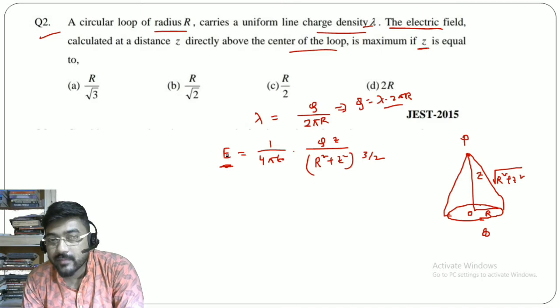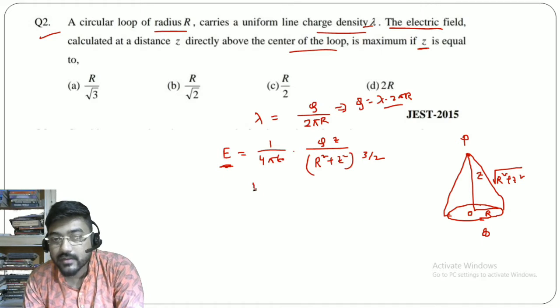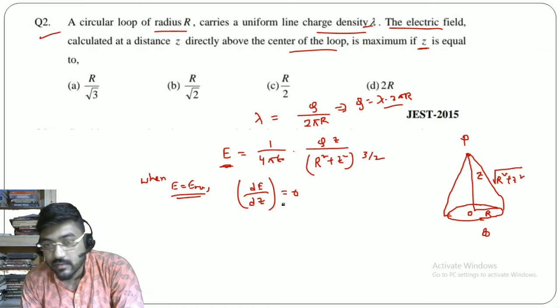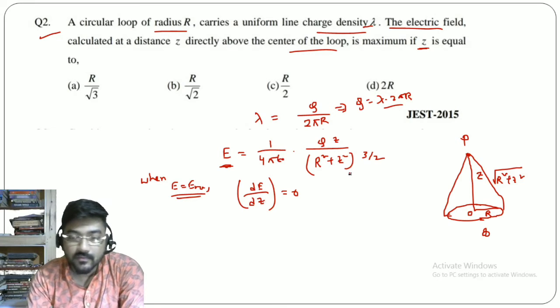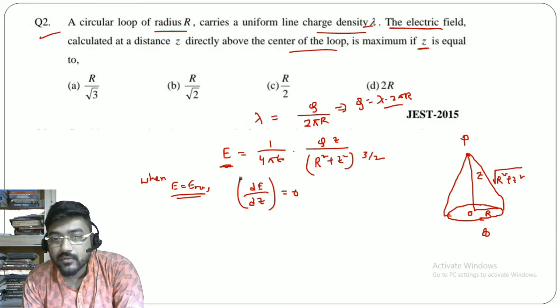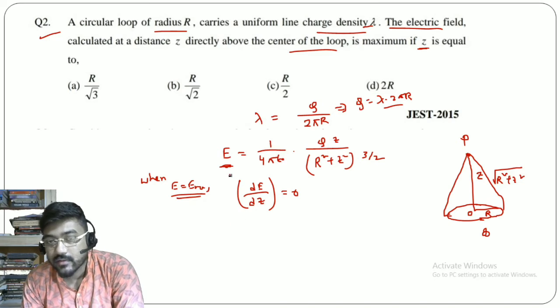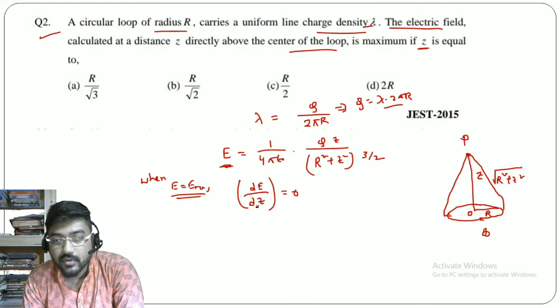So for the electric field to be maximum, we have a condition that obviously dE upon dz is equal to 0 when E is maximum. When E is equal to Emax, then obviously this is the condition. We know from the basic concept of calculus, to find the maximum or minimum of any function, we take the first differentiation of this function as 0. But we don't need to do the second differentiation to prove that it is either maximum or minimum, because we